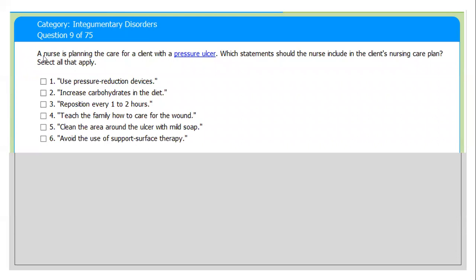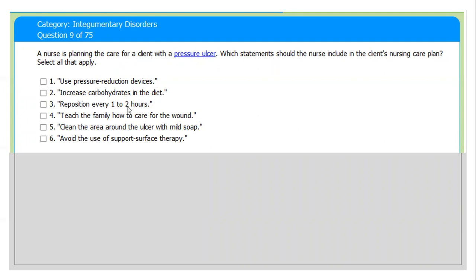So, question A: a nurse is planning the care for the client with a pressure ulcer. Which statements should the nurse include in the client's nursing care plan? Select all that apply. Number 1, use pressure reduction device. Number 2, increase the carbohydrate in the diet. Number 3,